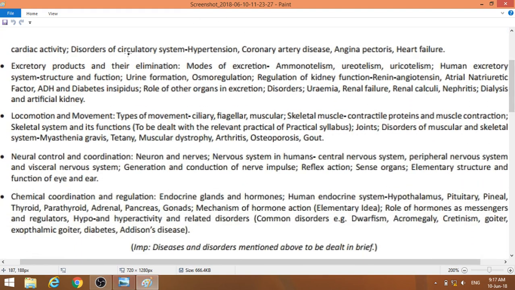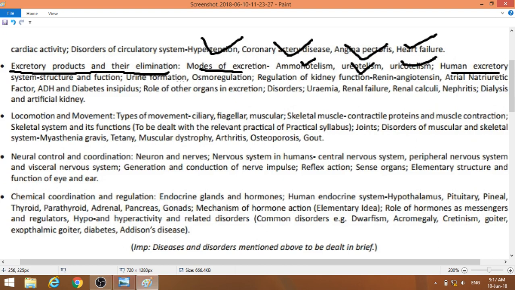Disorders of the circulatory system, that is hypertension, coronary artery disease, angina pectoris, heart failure. Under the excretory system, you have studied excretory products and their elimination, the modes of excretion: ammonotelism, that is ammonia, ureotelism is urea, uricotelism is uric acid, human excretory system, structure and function, urine formation, osmoregulation, regulation of kidney function,